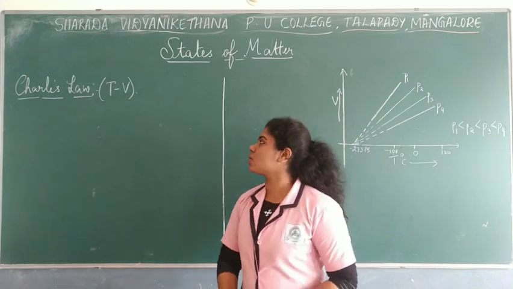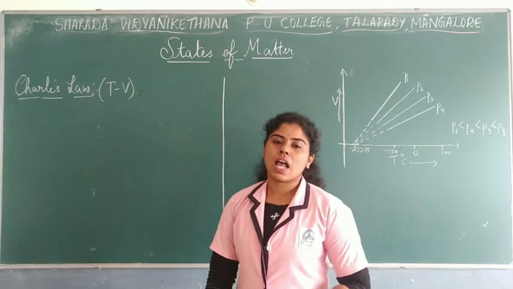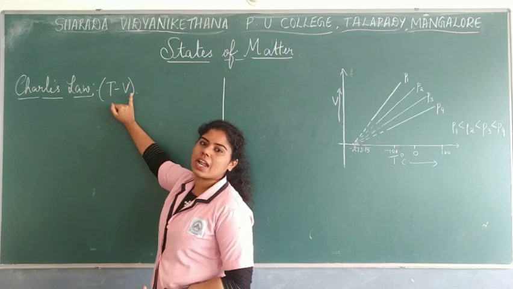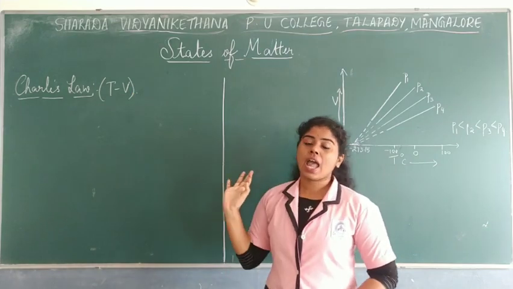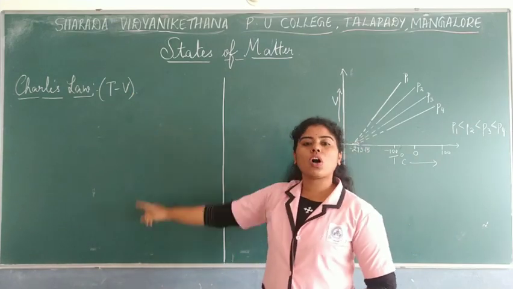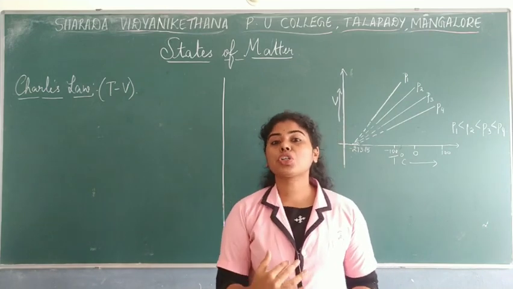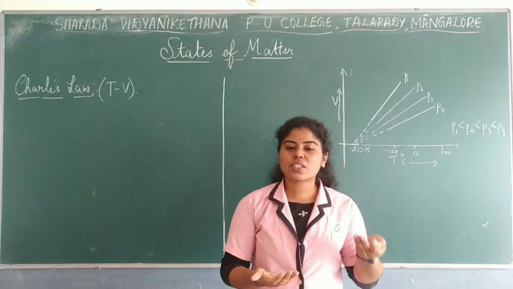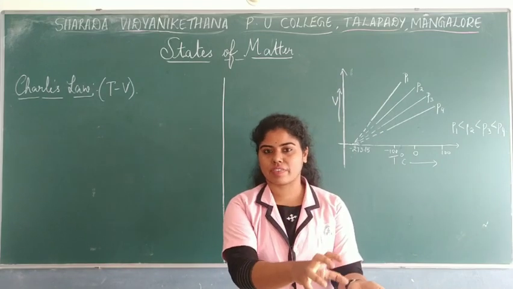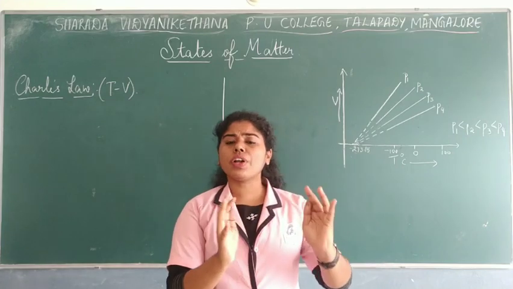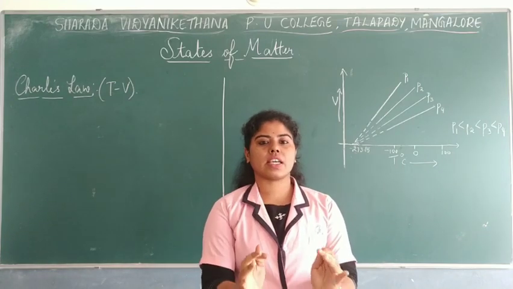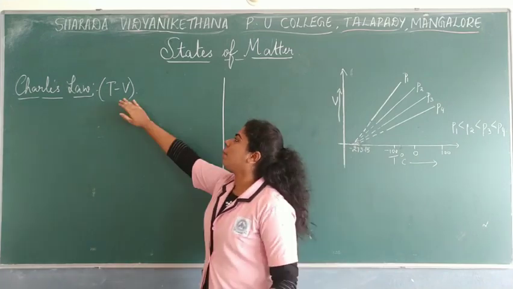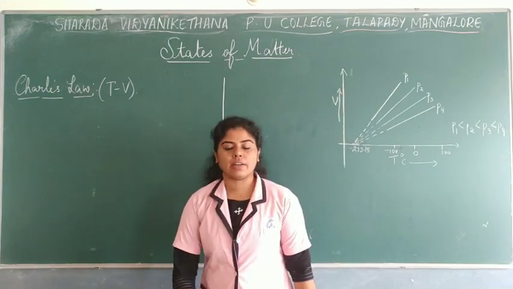In today's class, let us move on to the second law, that is Charles' law, where we learn about the temperature and volume relationship. Now if temperature and volume we have to study, then what should be kept constant? Obviously that has to be pressure, right? So pressure is kept constant for the fixed molecules of gas or fixed mass of gas. We are not going to change the number of molecules of gas here. The mass will be fixed, the pressure will be fixed, but the temperature and volume will be varied.